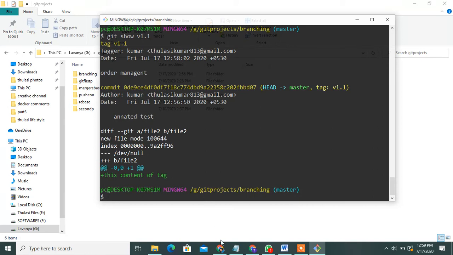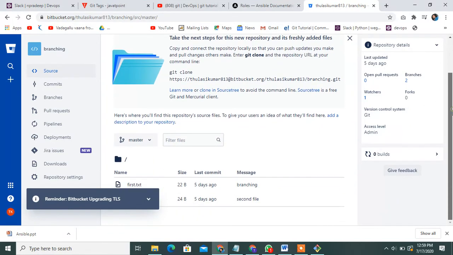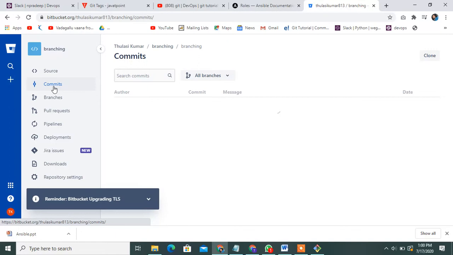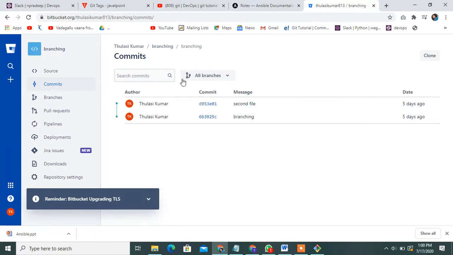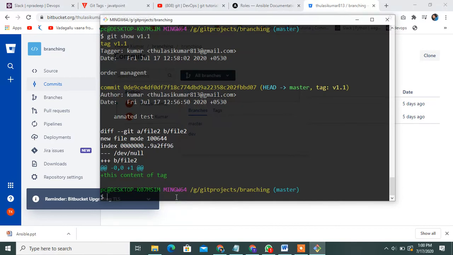Next words. First of all, check the tags in repository. Branches also. See, nothing to tags also. Once you can push it, how to push the tags in repository.